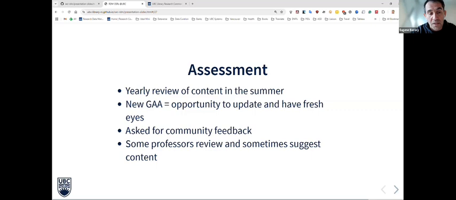But again, I update the workshops on the go. If you look at the GitHub now, I will give you a link in a sec to our workshops, you will see content is being constantly updated, but a full update, full refresh for each workshop comes every year. I ask for community feedback. You must have heard from me asking you for questions, and some profs help me with the content, especially if